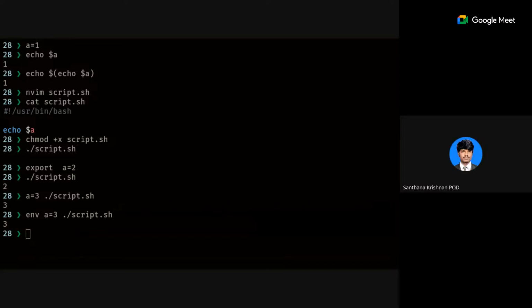Let's say you want to use the variable only on one script, then you can use that. But if it's shared with more than one, or it can be shared with more than one later, then you have to use export. But export is a very common thing people do. If you want a shorthand notation or, at times, a temporary solution, you can do this.